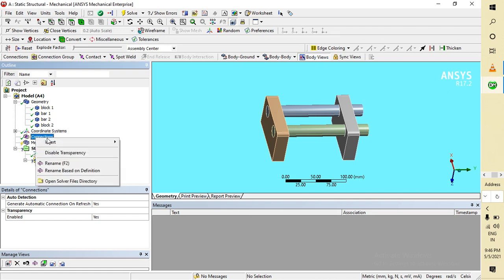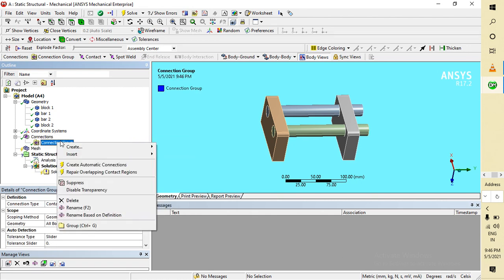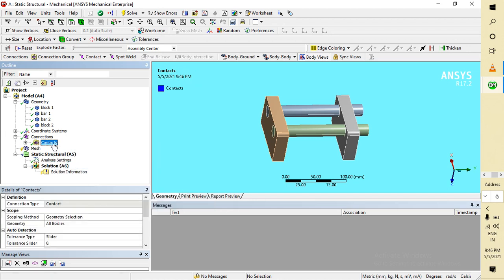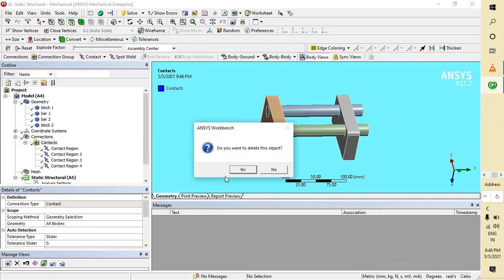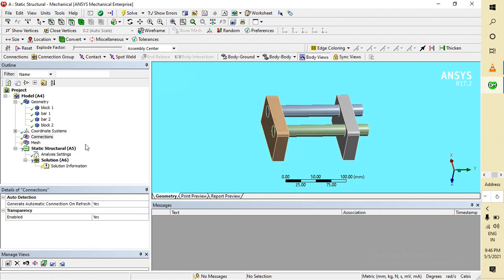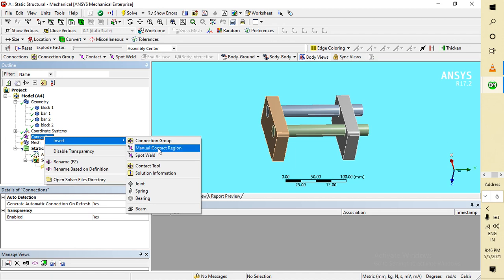You go to insert, then connection group, and create automatic contact. It will create automatic contact, but that is not what we want to learn, so be patient. First of all, you have to go to insert and manual contact region.